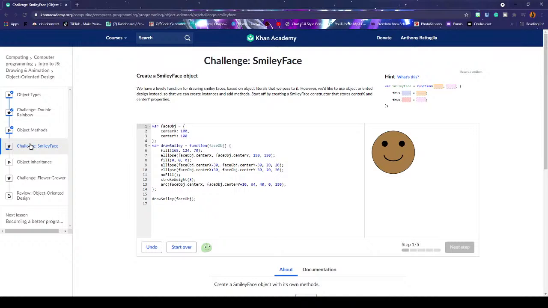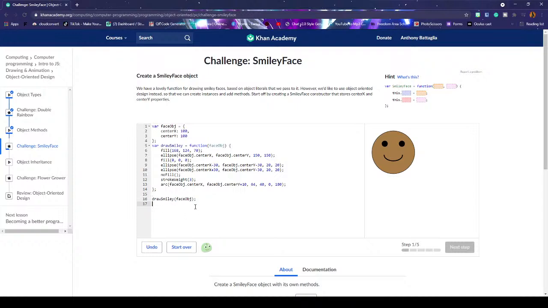So the orange and the pink, those boxes have to be the same exact name or number or whatever. You can refer to the old video, like I did in the last challenge. I just skipped to the end of it and checked to see what the person did, and now